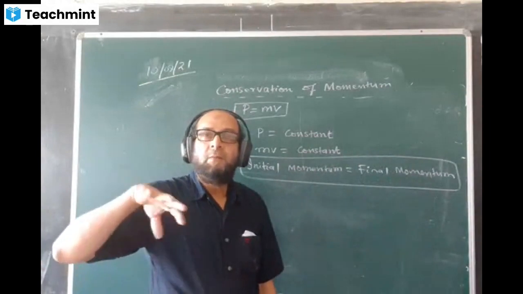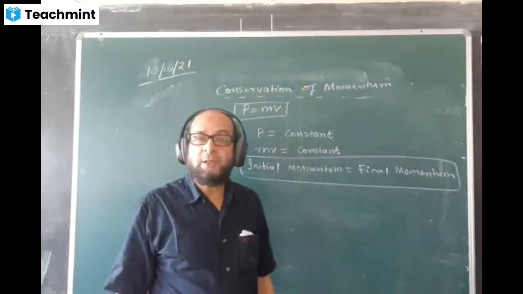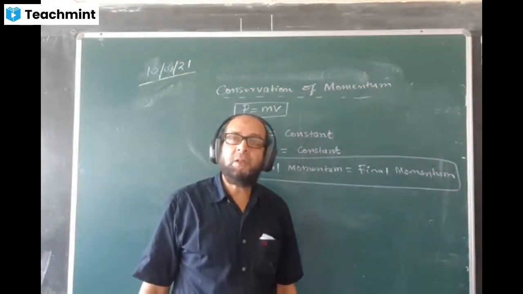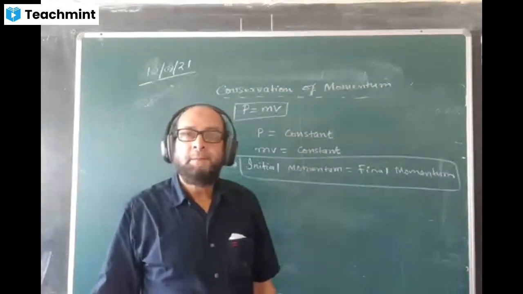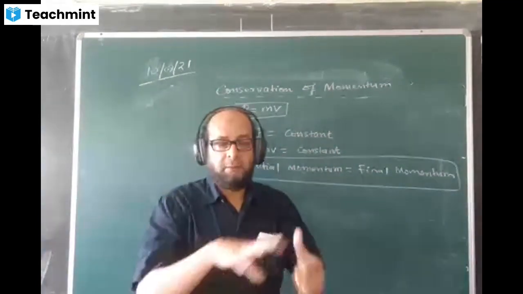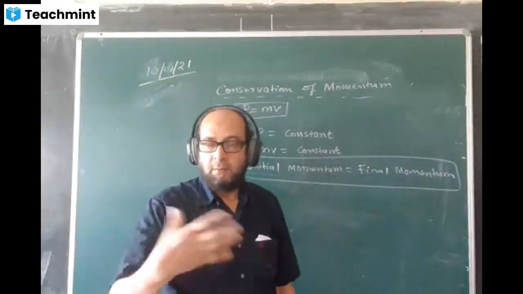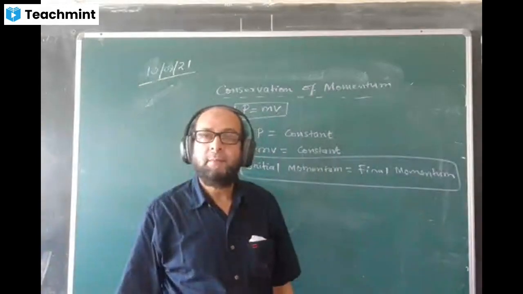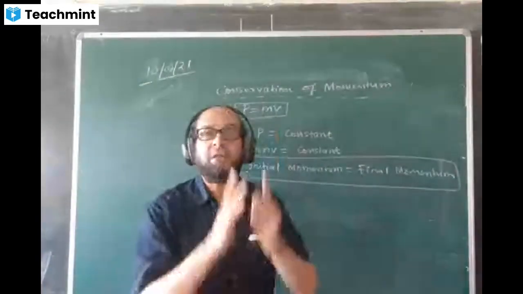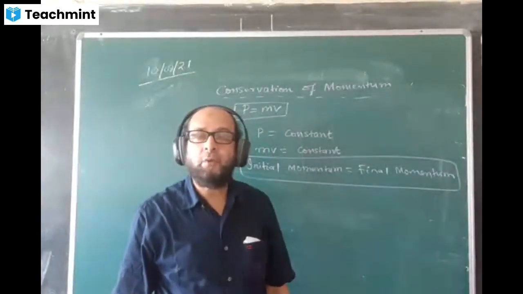And problem is solved. Rocket going into the space, which law of motion is followed there? Tell me. Third law. Third law, action. You know what is action? The gases ejected from the back portion of the rocket. That is action, and the reaction is the forward motion of the rocket. So there also the law of conservation of momentum is followed.